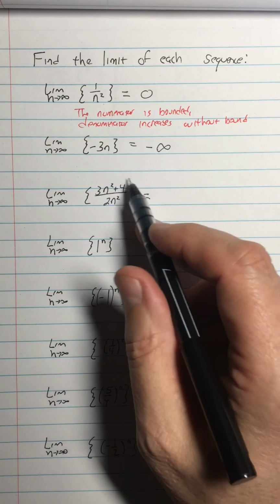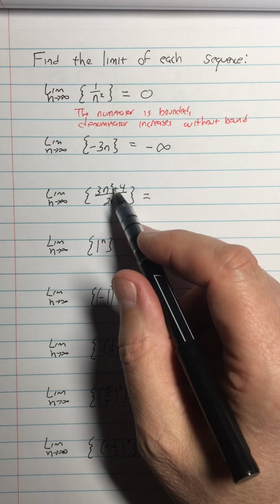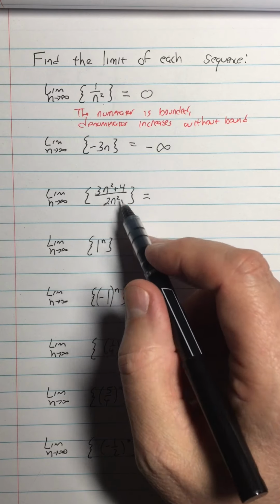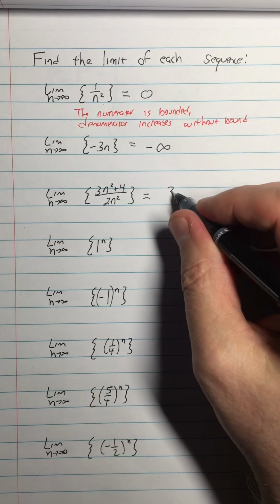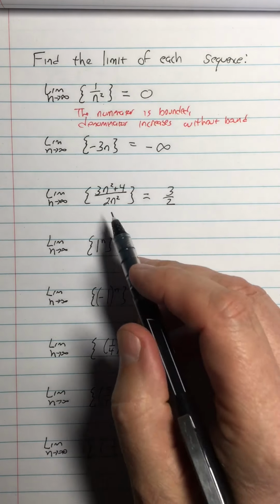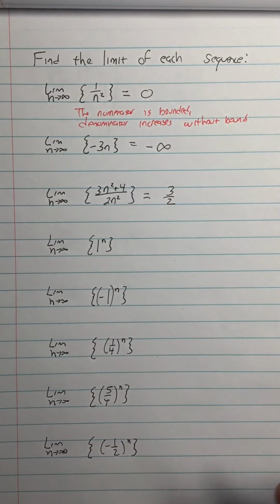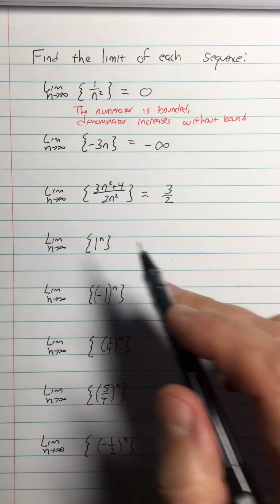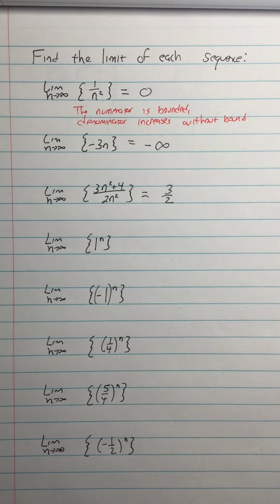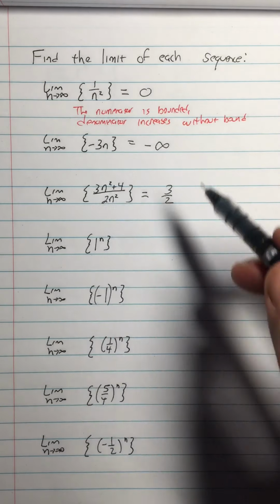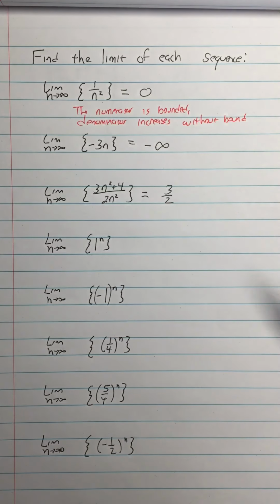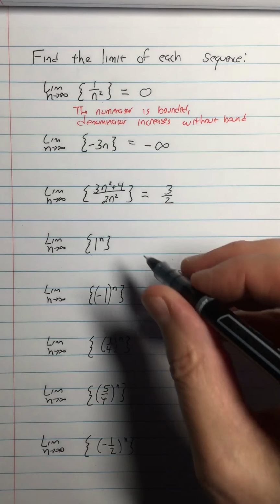This one, look, it's just like a horizontal asymptote. The degree of the numerator equals the degree of the denominator, so the ratio of the coefficients is going to be 3/2. So essentially, you can think of this as being a function, and everything you know about the limits of functions, you can apply to the limit of a sequence. Basically, you create a function that has the same values for natural numbers, and then the function and the sequence are going to have the same limit.